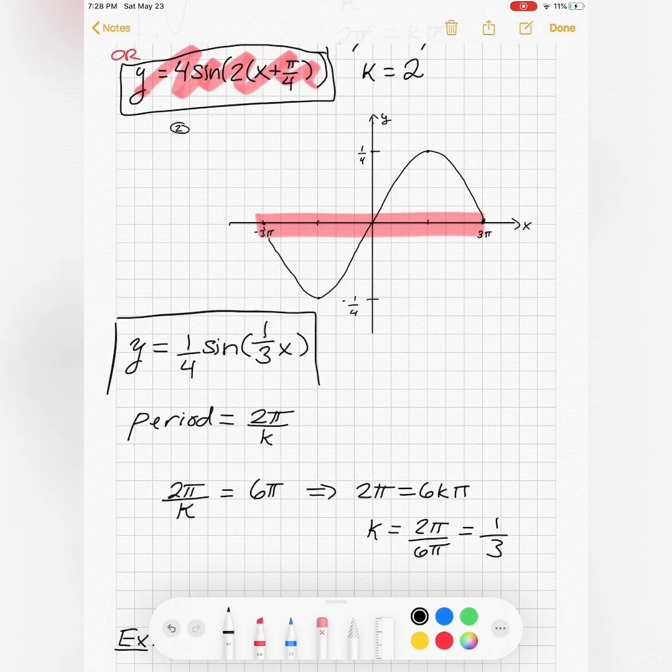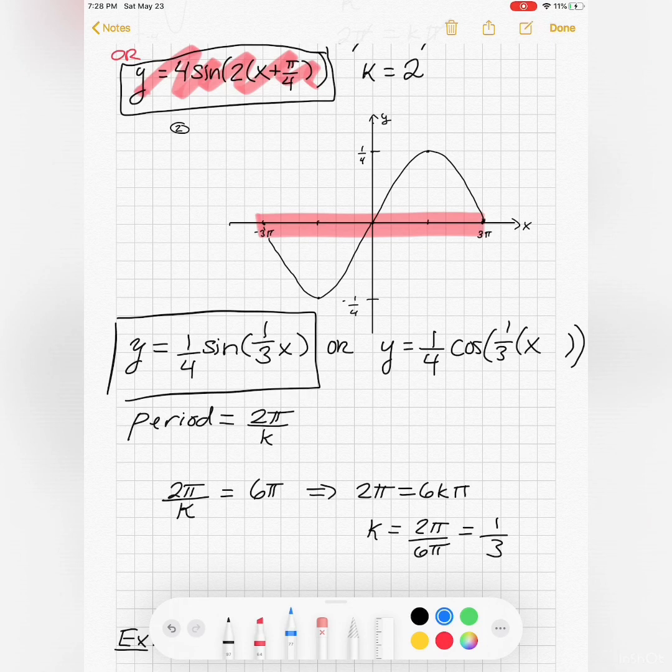Okay, there's my equation. Or if I really want to write this as a cosine, let's see what that phase shift would have to be. Let's see, so a cosine graph looks like so. So I'd have to take that and shift it right by, what is that, 1.5 pi? So if I shift that right by 3 pi over 2, that'd be another